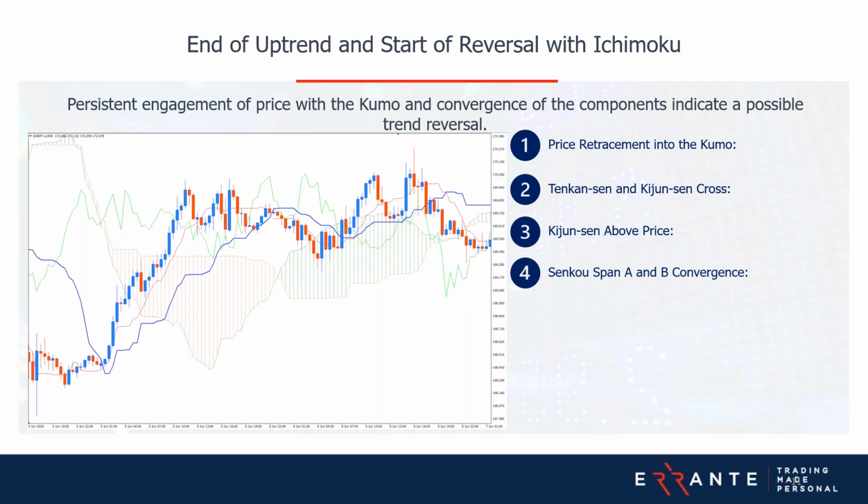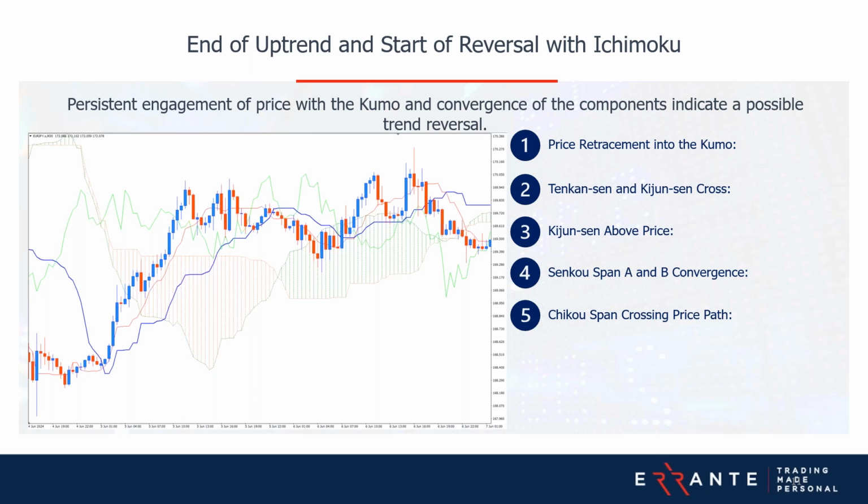And then the convergence of Senkou Span A and B, resulting in a narrowing Kumo, indicates a change in market sentiment. And maybe we see the Kumo is changing from bullish to bearish. The Kumo thickness represents the strength, as we explained. So when the Kumo narrows, it suggests reduced bullish sentiment and the potential for a bearish reversal, especially when we have the Tenkan-sen below the Kijun-sen above the Kumo, which means the recent market sentiment is shifting from bullish to bearish. And then the Chikou span crossing the price path